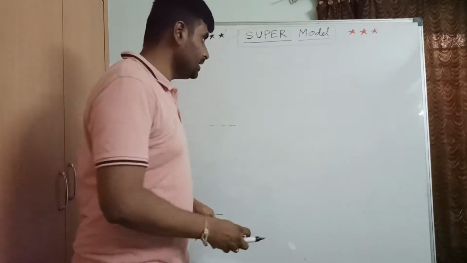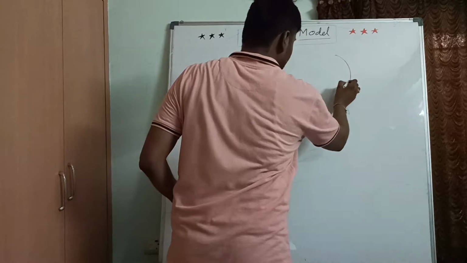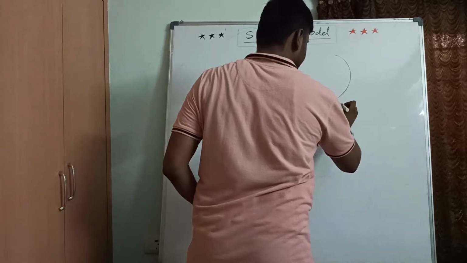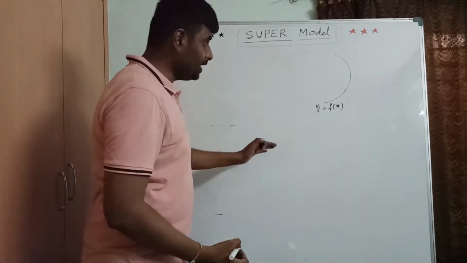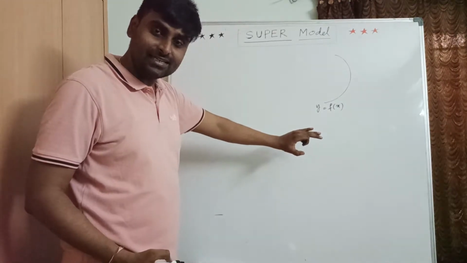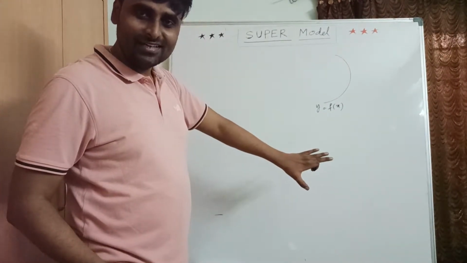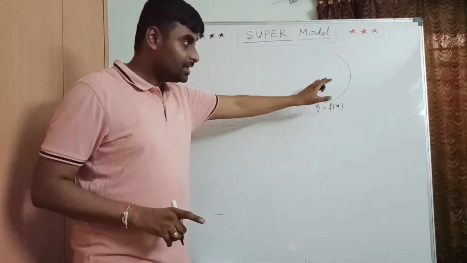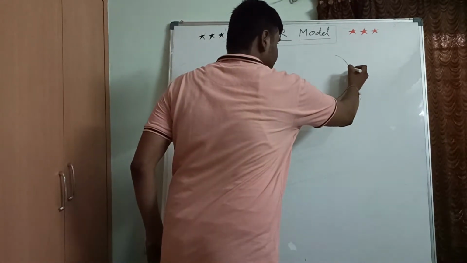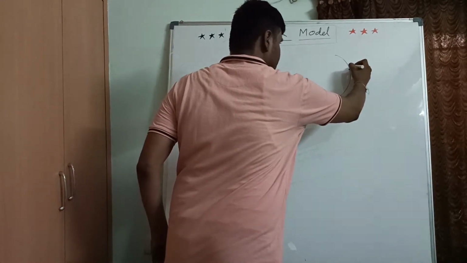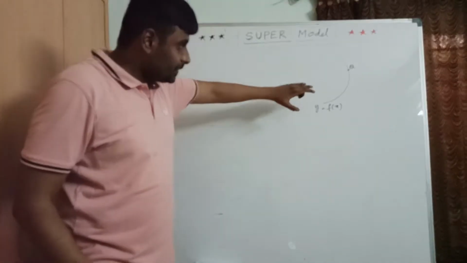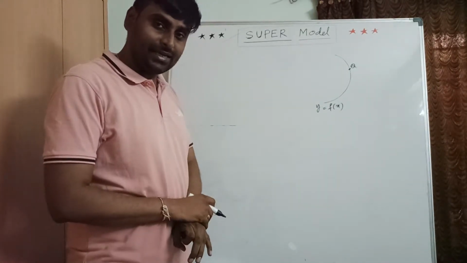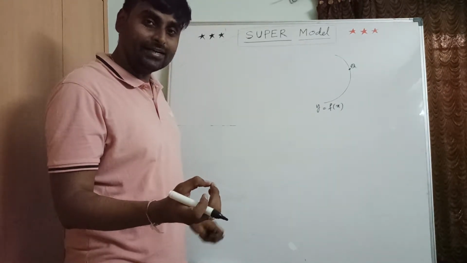Now let us take the curve y equal to f of x. Generally we'll take every curve like this. Now we are going to draw the tangent from an outside point. Till now we have discussed problems on a point on the curve, where the point satisfies the curve and the tangent as well. But here we are going to draw the tangent from an outside point to the curve.